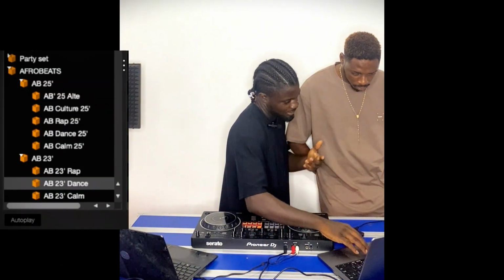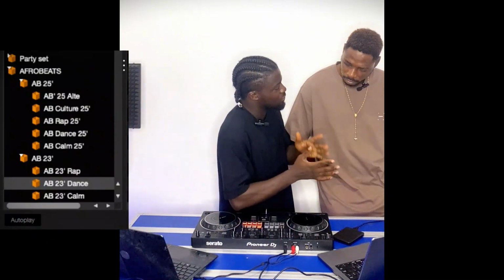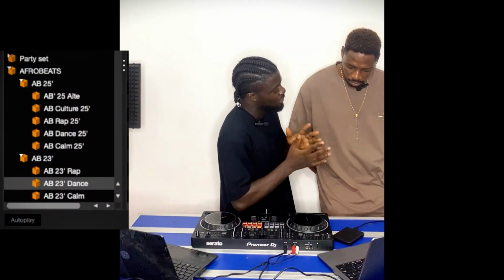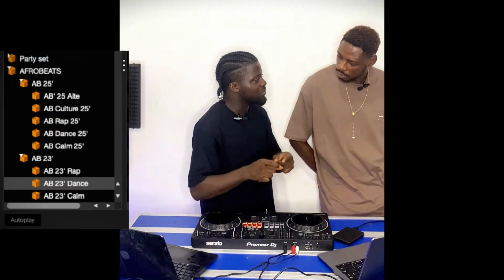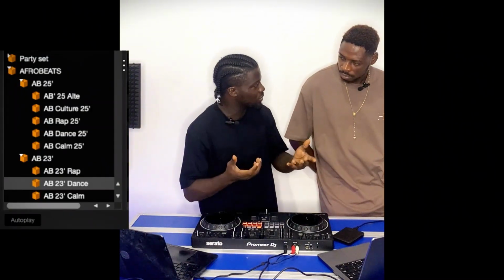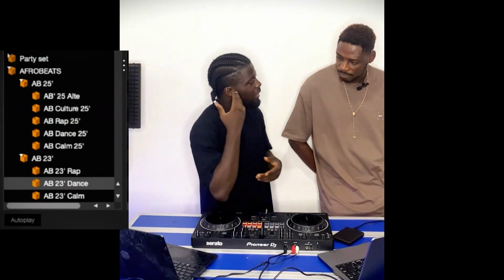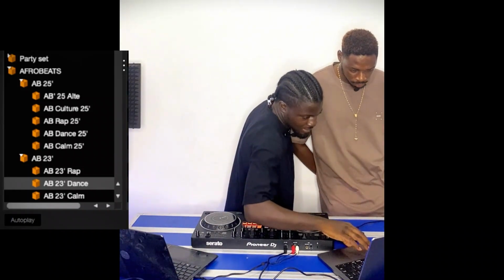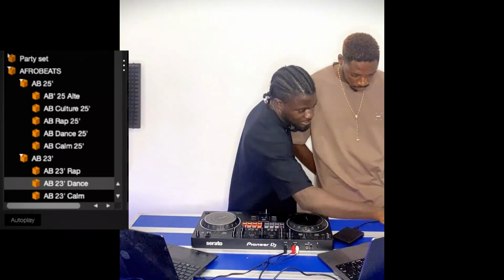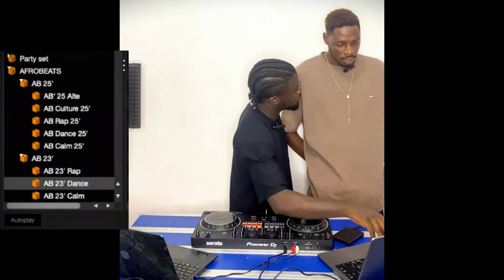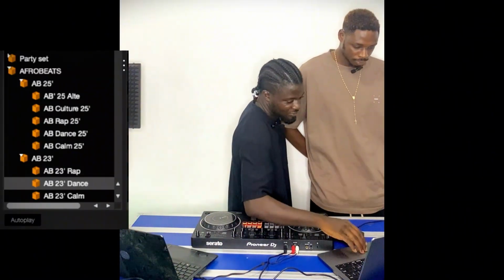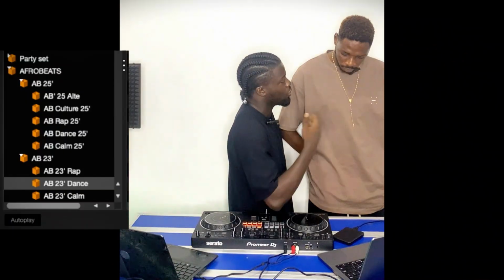I have Ote, Big. So I organize all the songs into their kind of file, so you know that anytime you are DJing, you don't need to be searching here and there before you know where your songs are, because you already have an imprint in your mind of where the songs are. Same thing for 2023: dance music, calm music, rap songs. You see 2022, so every year you get a folder for everything. And you need to know where all your songs are.